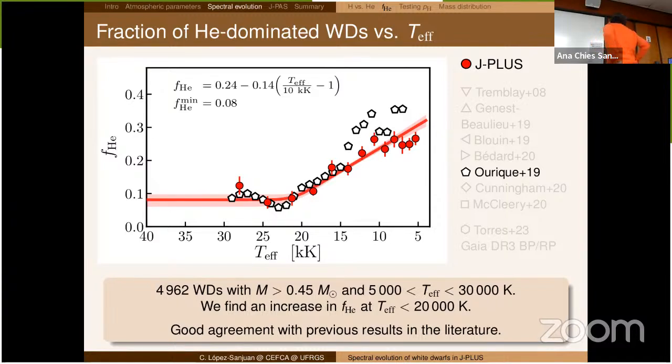Okay, thank you. The thing with the log g and the mass: to go from log g to mass, you need a radius. Manuel uses Gilles-Fontaine models, and Gilles-Fontaine models have the same amount of hydrogen for all the masses, which is not true. So when you go to mass, you need to be careful with that, because the hydrogen in mass is very low, but it can be 30% of the radius of the white dwarfs for the lower masses.